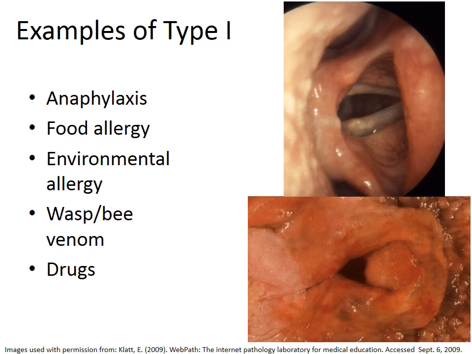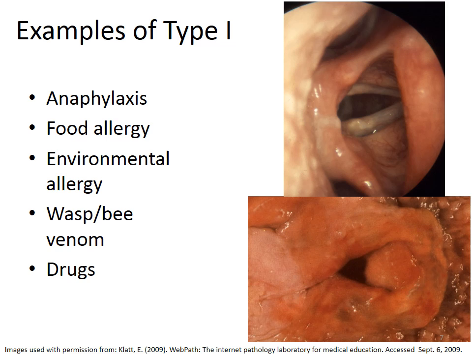Okay, let's look at some clinical examples of type 1. So, food allergies, I mentioned. Anaphylaxis, right? This is an abnormal reaction to a stimulus, like an antigen. Anaphylactic shock can happen as a result of a bee sting or a wasp sting. Anaphylactic shock can happen in some patients that have a severe shellfish allergy. So anaphylaxis, food allergies, environmental allergies like pollen and stuff like that, a wasp or a bee sting, or even